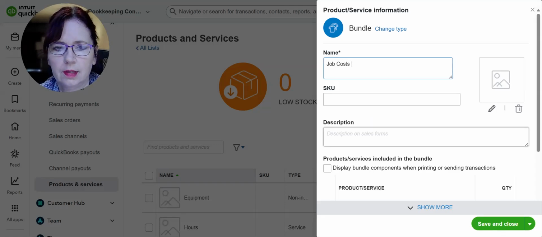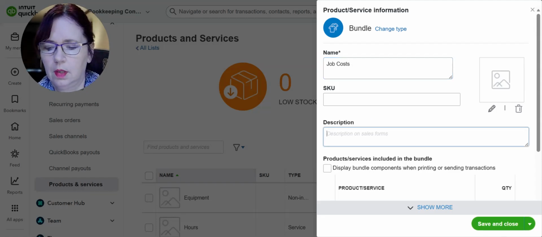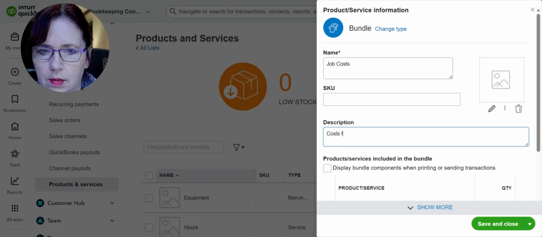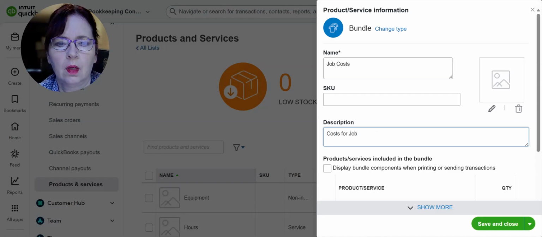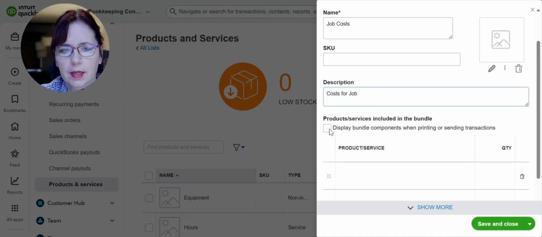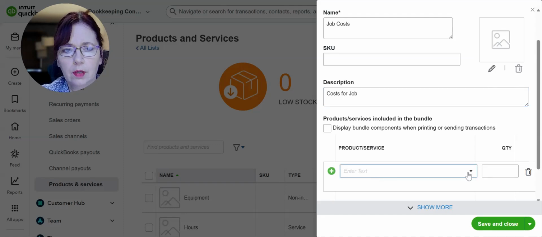You can put the description. This description is what's going to show on your forms. So, cost for job. And see right here, if you check this box, it's going to itemize it all out. But if you don't check it, it's going to leave it hidden, which is great. But then right here we would enter